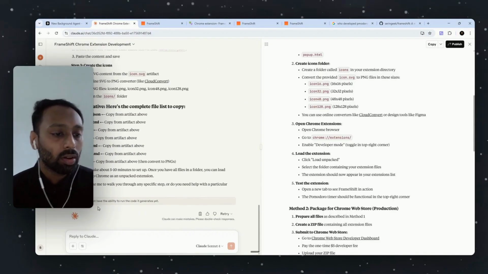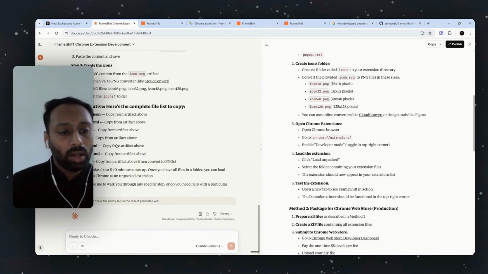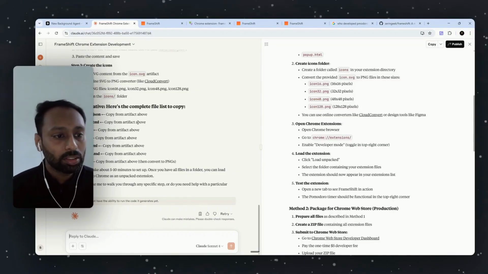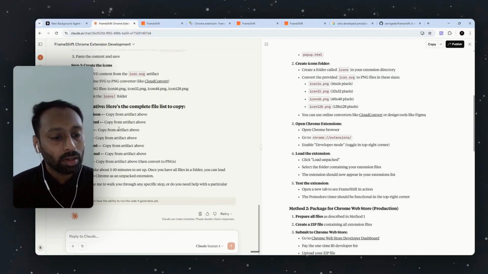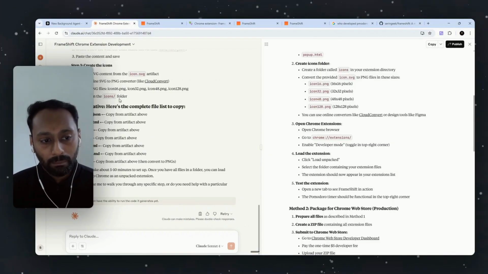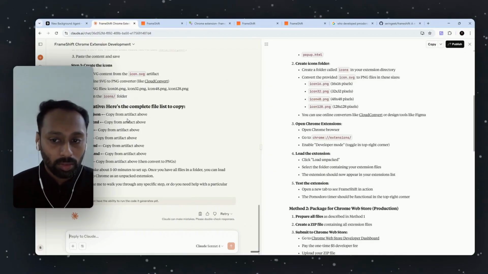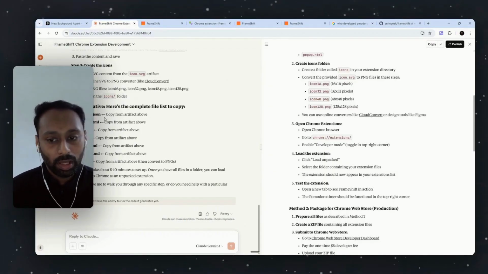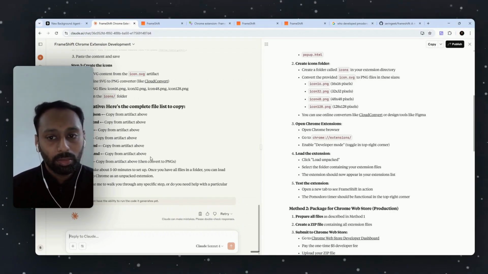Yeah, so Claude basically can't do it directly, so I'll just show you how you can. Yeah, you can just download it. So if you use ChatGPT, you can even do this whole process where you can download the file also. So earlier I had used ChatGPT also, but yeah, for the interest of time, let me